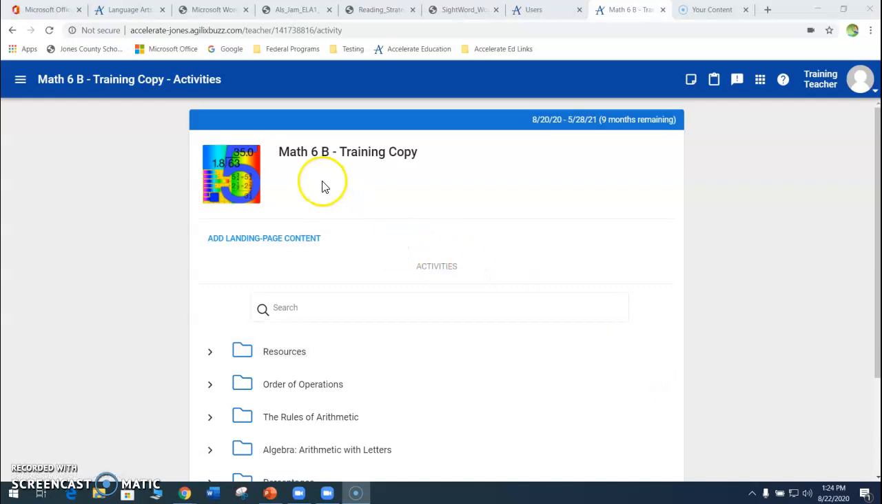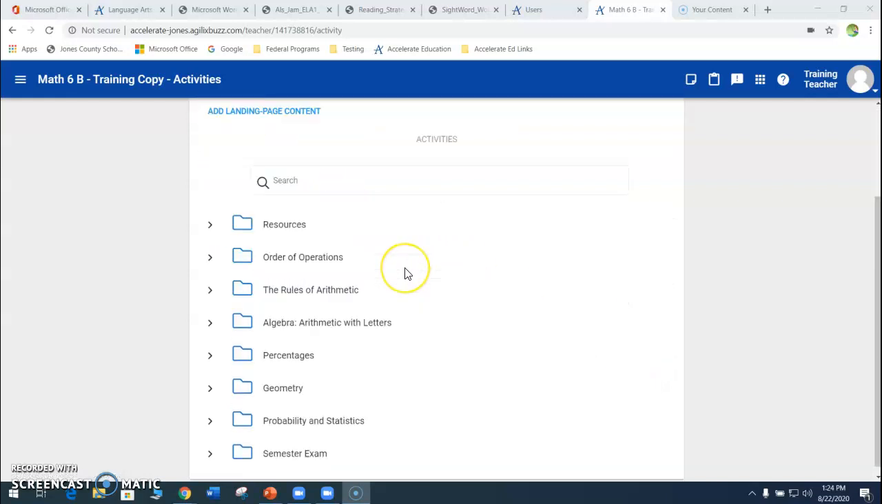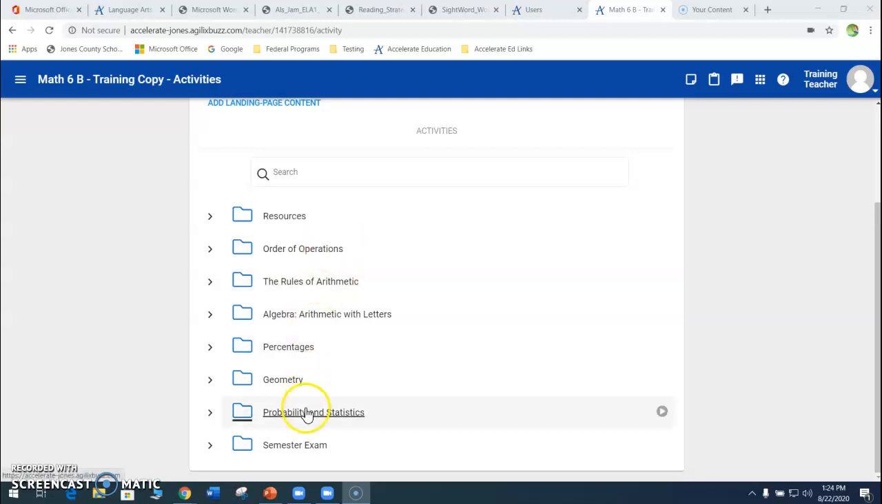So I'm in a class today. I'm in a math class for 6th grade, and you can see that I have several modules here. And I might want to edit some of these modules. I could even add a brand new module of my very own. So if there are some standards that aren't represented in the Accelerate Education program and you want to add those,